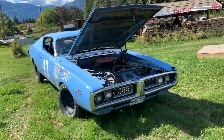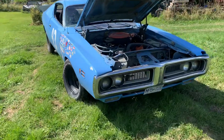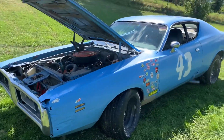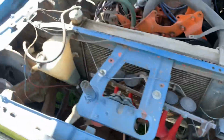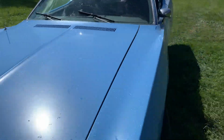If you want to see a video of this thing just doing a burnout, I have another video posted. If you have any questions about the car, just let me know and I can make another video. We had a Dixie horn for a while. I kind of had a rat rod general look going, but